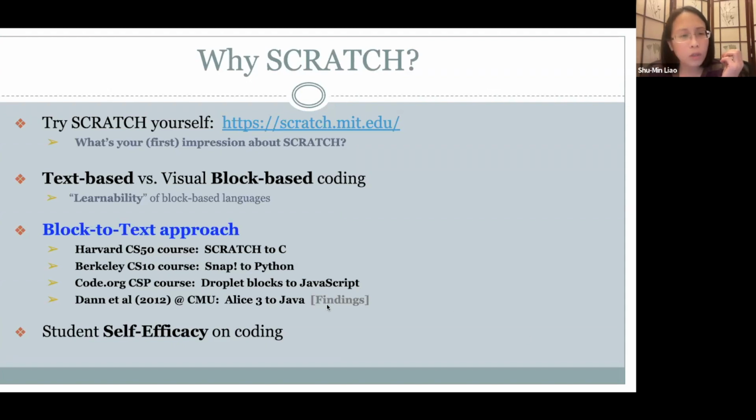And then, just to name a few, Harvard CS50 in fact teaches Scratch before they move to C. Berkeley CS10 teaches Snap before they move to Python. And Code.org's computer science principles course in fact uses Droplet blocks before they move to JavaScript. And one article particularly drew my attention, the one by Dan and his co-authors at Carnegie Mellon,